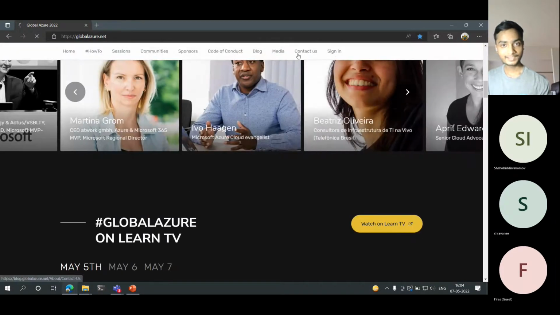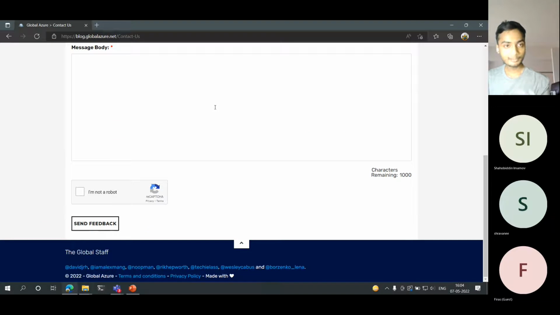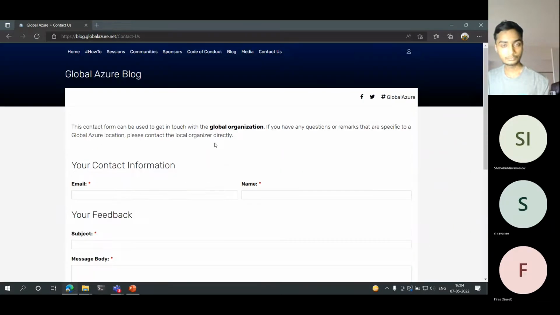We can sign in, contact us, any of these things at a certain moment, right? This is happening because of a static web application. Why so? Because it's a web application. A web application will let you have an interaction.